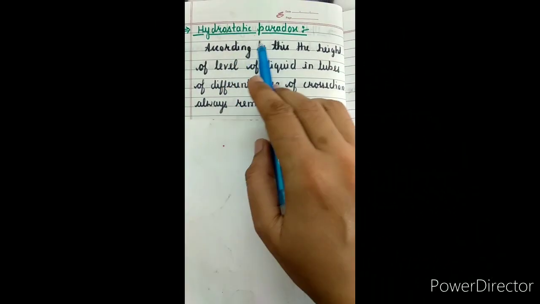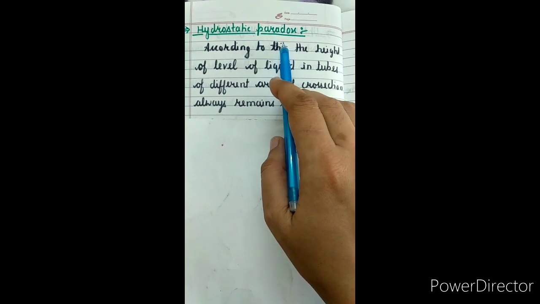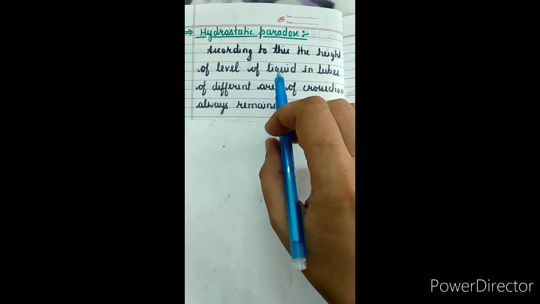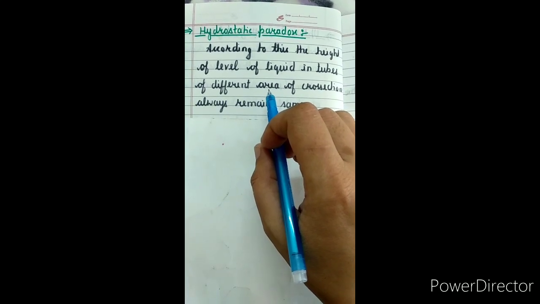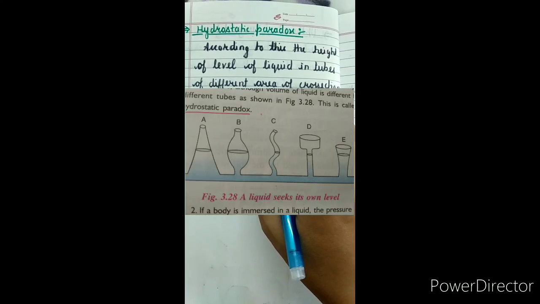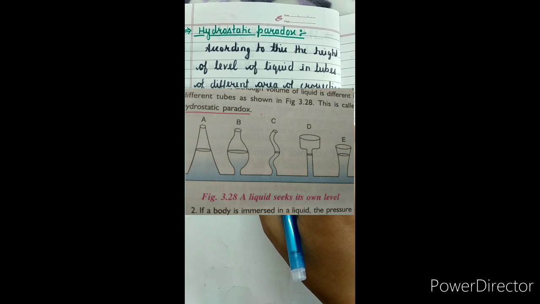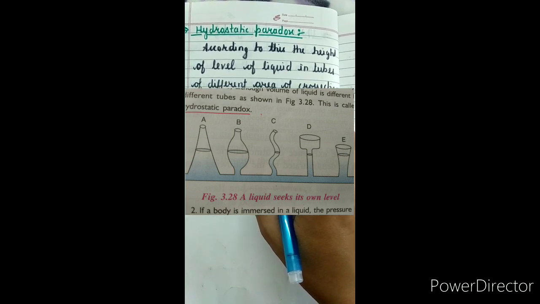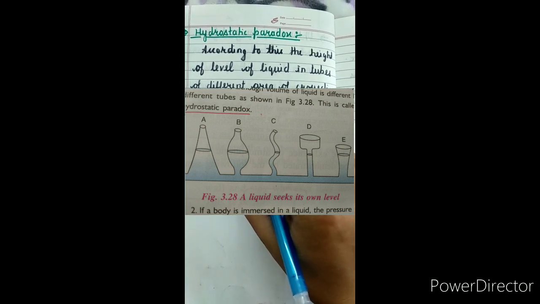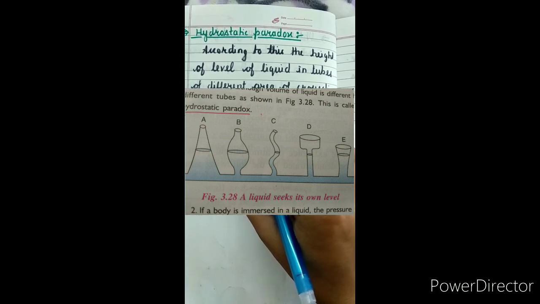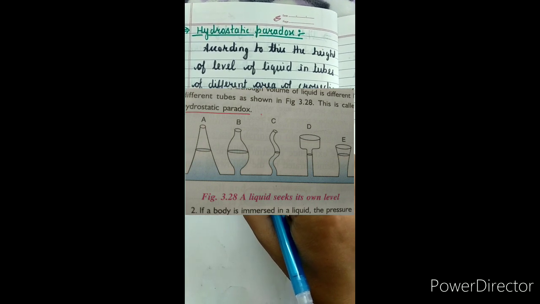Next is the hydrostatic paradox. According to this, consider the height of the level of liquid in tubes of different cross-sectional area. As you can see on your screen, all these are connected to one another from the bottom, but all are of different cross-sectional area. The level of the water in each of these tubes of different cross-sectional area will remain the same,